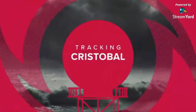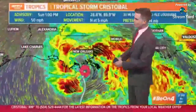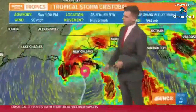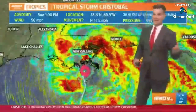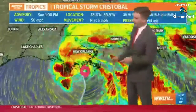With Storm Cristobal, we are continuing to see that strong southeast wind pushing water up in Lake Borgne, Lake Catherine, Mississippi, St. Bernard, down towards the Plaquemines area. The good news, we're starting to see the Grand Isle tides, or the surge, start to drop. It's dropping slowly and will remain elevated, but it looks like it's past its peak there. St. Bernard Parish, Shell Beach got up to nearly 6 feet. It looks like it's leveled off as well, but we're still seeing high tides and storm surge come into the